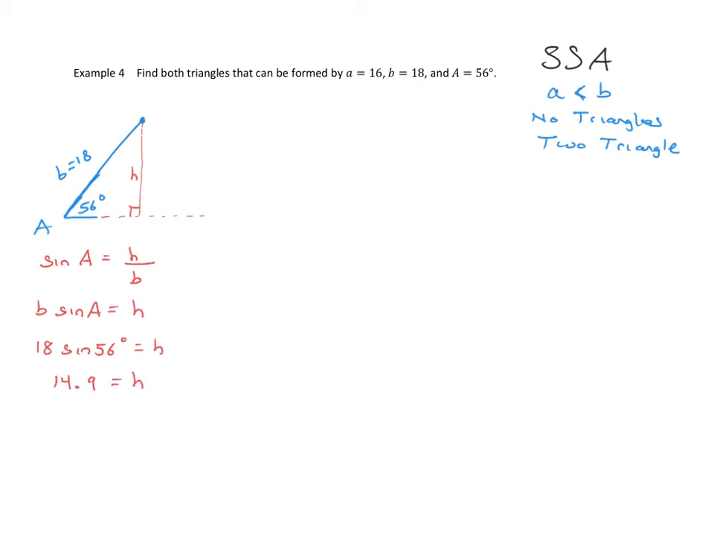What does this tell me? Okay, this falls into the category of two triangles because a is greater than h, but it's less than b. So there are two possible triangles that you can draw here. If you draw a equal to 16, since it's longer than h, it can make it down here. That gives us